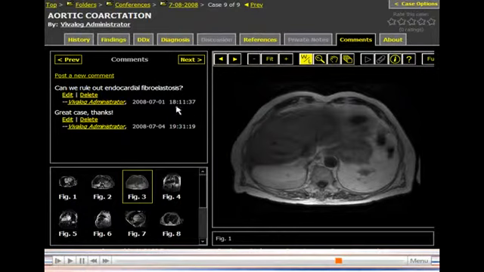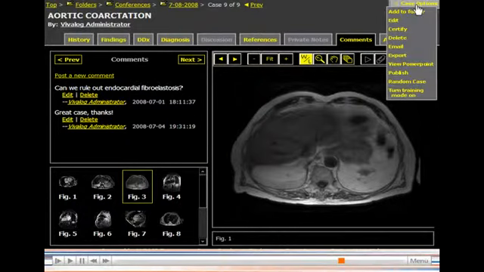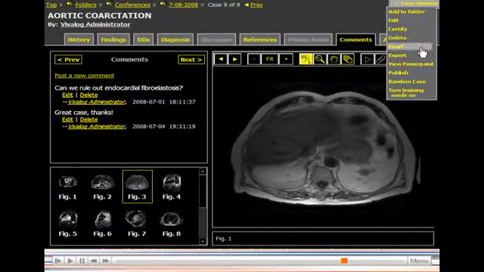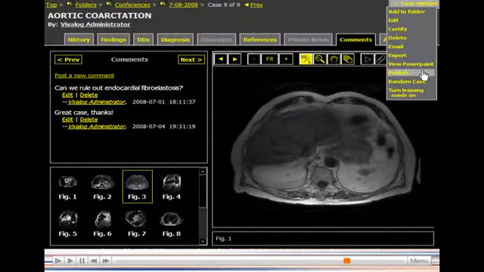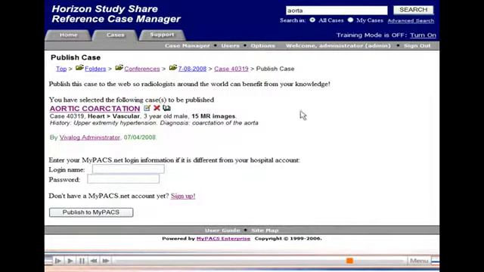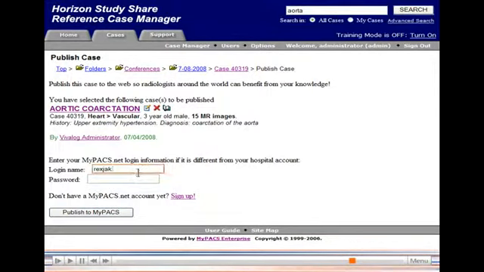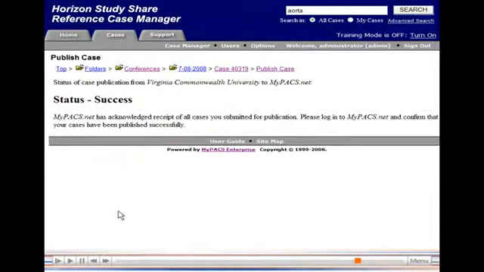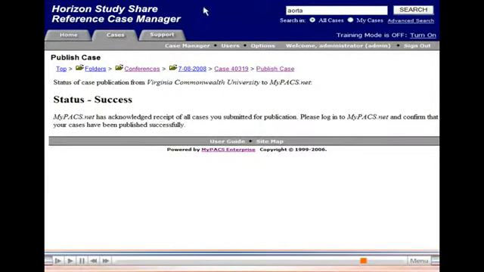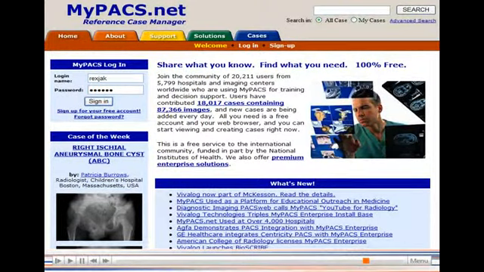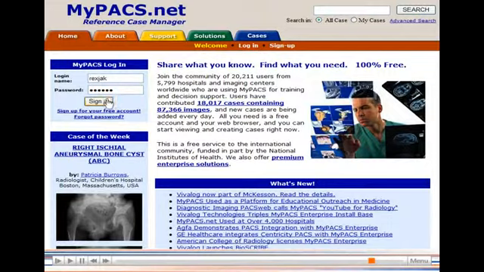If you want to share your case outside the firewall, you can easily publish it to the online case repository mypacs.net. Simply click Publish from the Options menu, enter your mypacs.net username and password, and submit the form. The case is instantly sent over the web to mypacs.net. Rest assured that no patient identifiers or DICOM files are sent over, just the case text and JPEG versions of